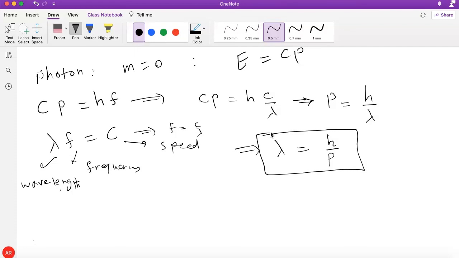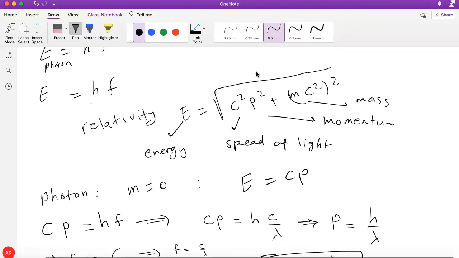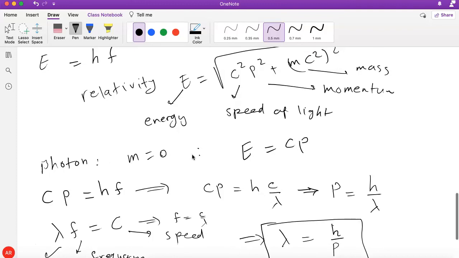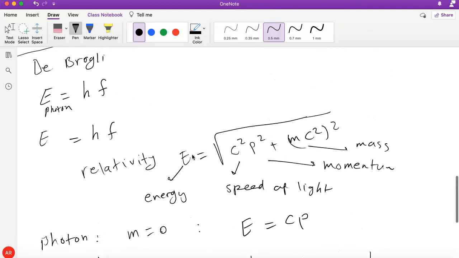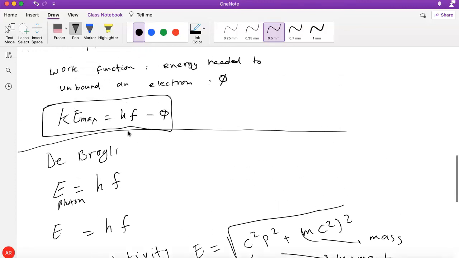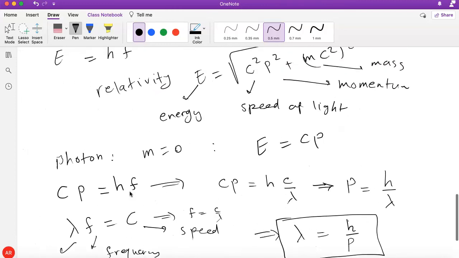So that's a remarkable relationship, right? So now it works for photons. Everything we did works for photons. It's basically by taking two discoveries of Einstein. One, the relationship between energy and momentum, and just applying it to the photon with mass equals 0. And then taking this conjecture that the energy of light particles is h times f, and from it